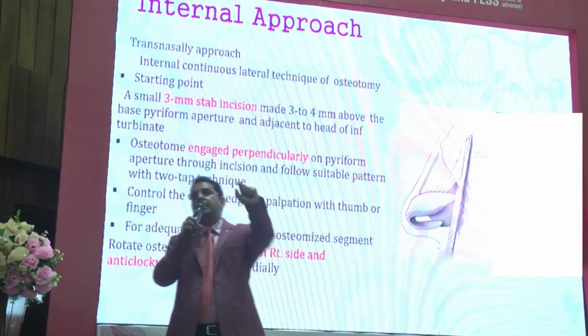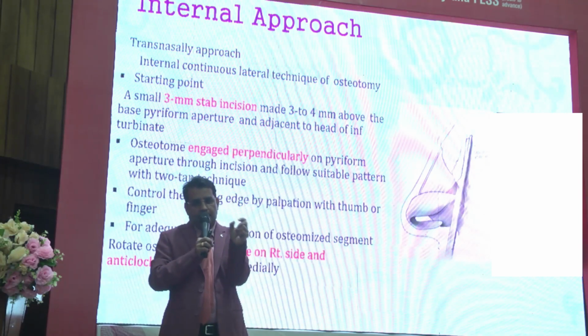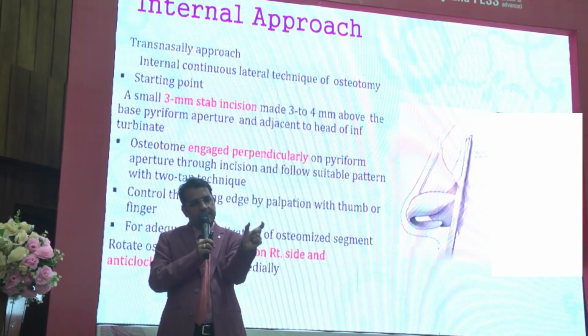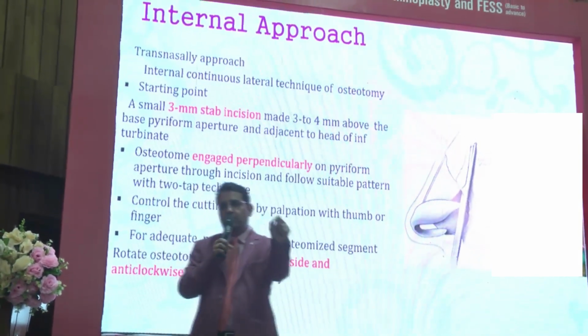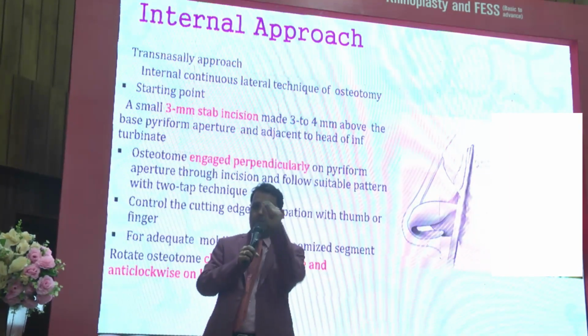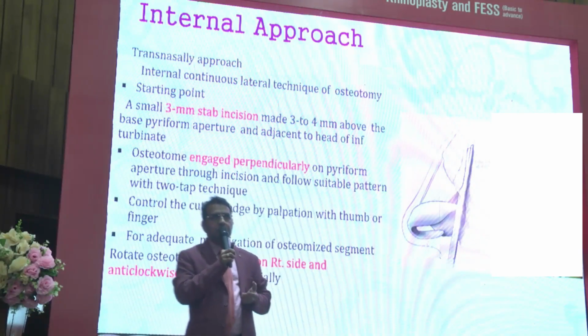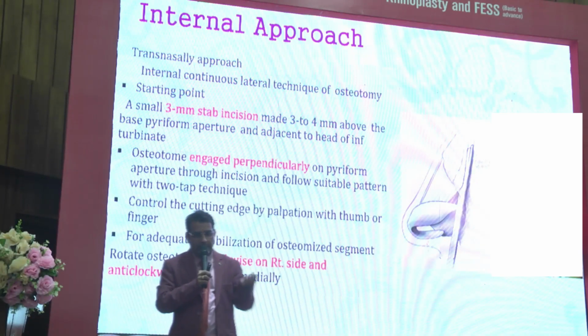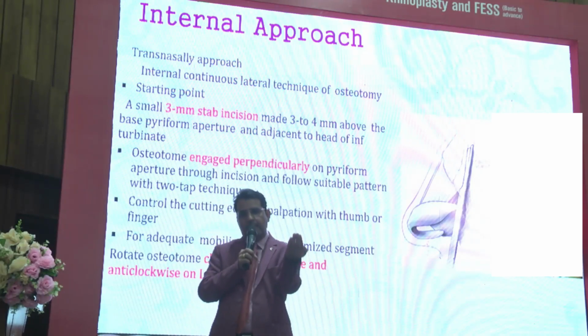Identify the anterior end of the inferior turbinate, and when you put the Killian's nasal speculum, you find there is a slit, a groove. On this groove, make a 3 mm horizontal incision, not vertical. Then you engage your osteotome at around 90 degrees,